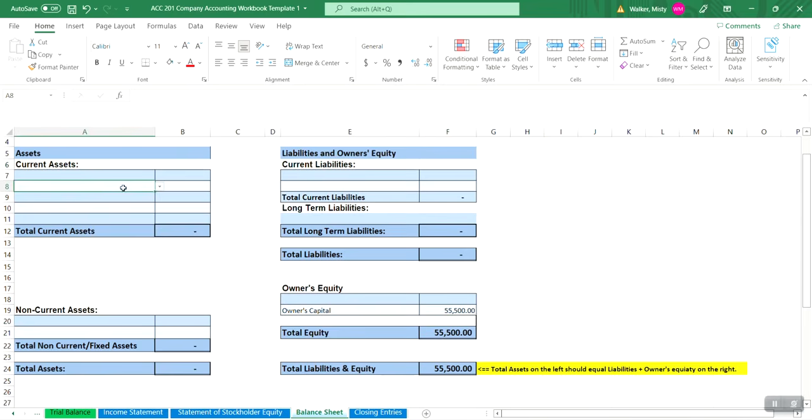We'll enter our current asset accounts and their balances. We'll enter our long-term asset less accumulated depreciation to get our total assets on the left side. Then we'll enter and itemize our current liabilities plus our long-term liability for total liabilities on the right side. Once we've entered all of our assets and liabilities, our total assets on the left side should be equal to total liabilities plus equity on the right side. We're in balance, right? Our last step for this second workbook submission is going to be the closing entries.